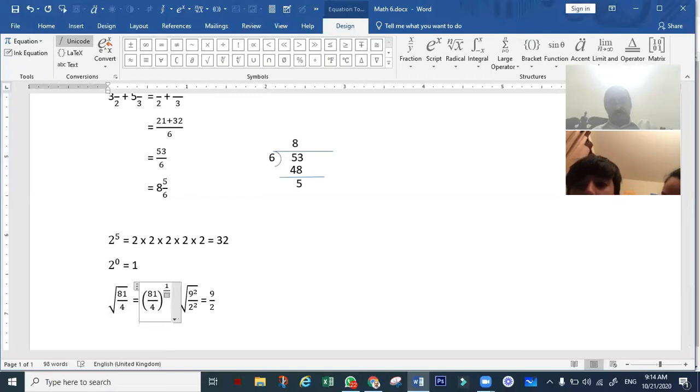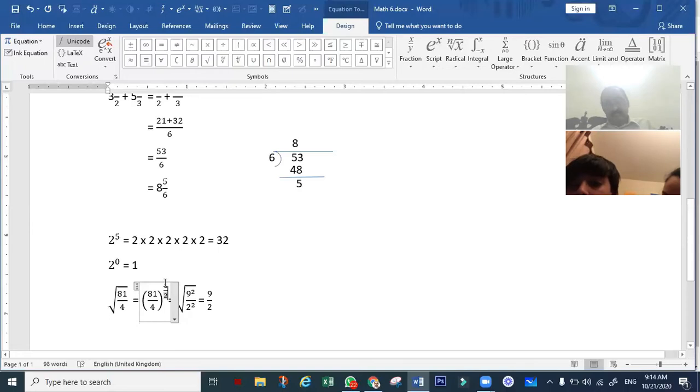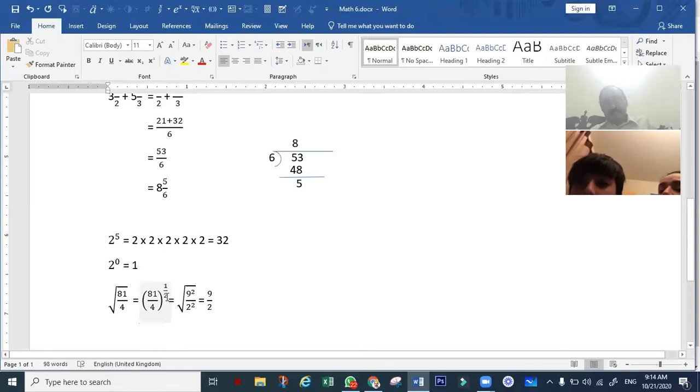2 is in the denominator. That's why whenever the number is in the power and it is like this 1/2 and 2 is in the denominator, it is called the root. It is 2, that is why it is called the square root. If it is 3, it is called the cube root. Cube root means whole power 1/3. Square root means whole power 1/2. Okay?